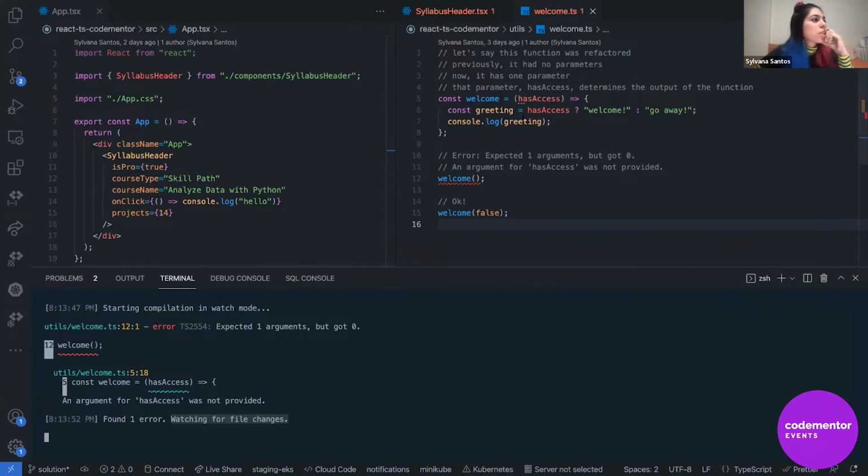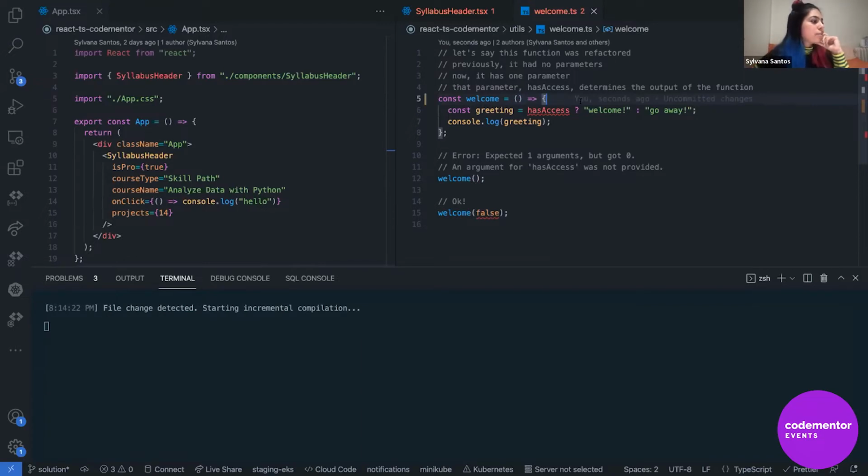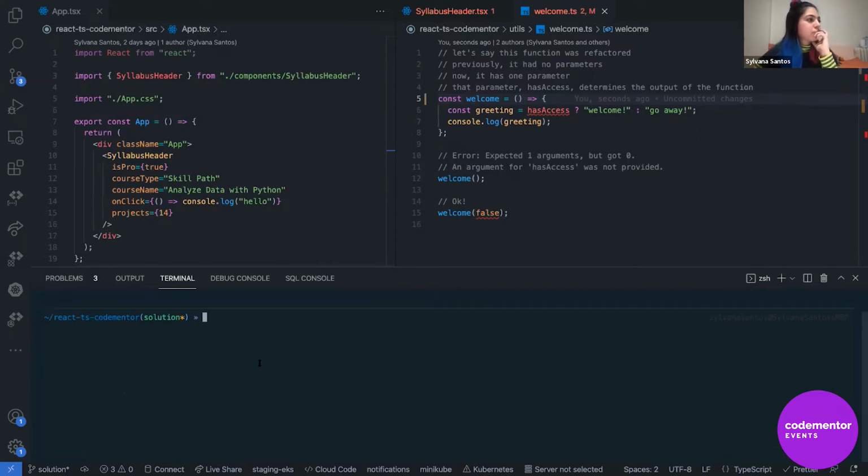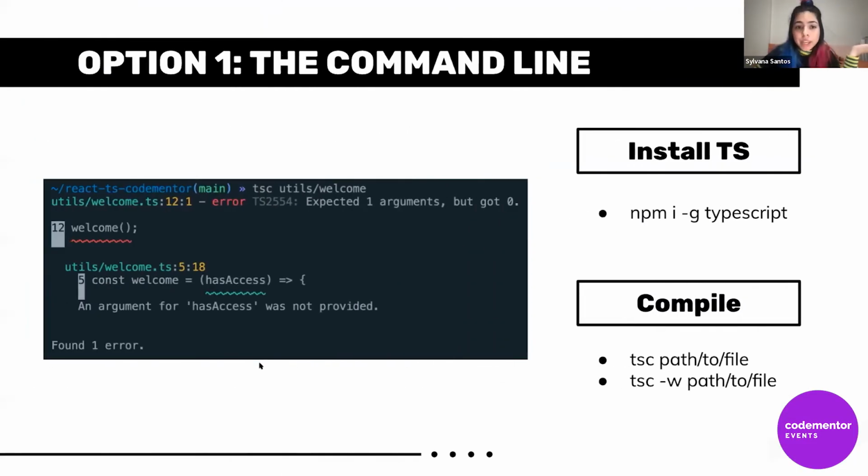the errors. So you can see that if I just went back to my file, I got rid of has access in the inputs, I click save, you can see that it reloaded, and now I'm getting a completely different error. So this is really nice. You don't have to keep typing it in every time you change your file. It's just automatically waiting for changes. So let me go ahead and clear my console, get rid of that. Cool. So this is one way that you can run TypeScript on a file, but it is a little annoying,